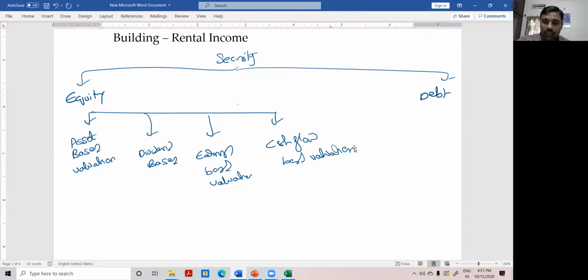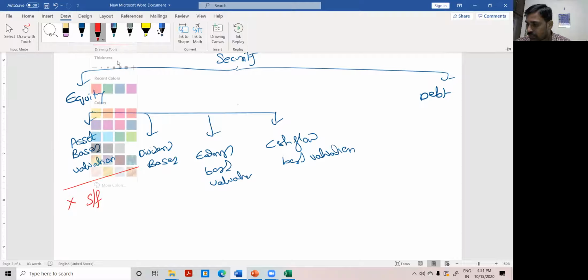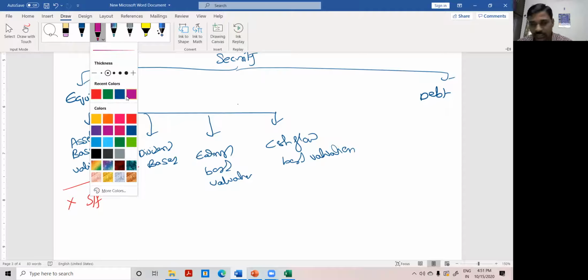So asset-based valuation is not appropriate for a software company. Why is it not appropriate? Their driver of earnings is not reflected in the balance sheet. This method, that is asset-based valuation, is